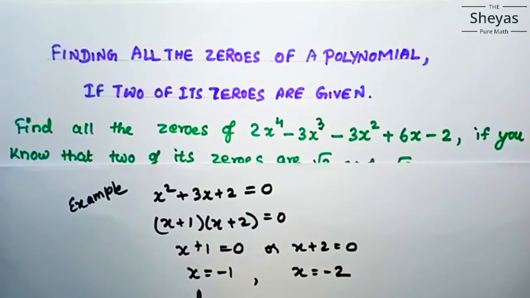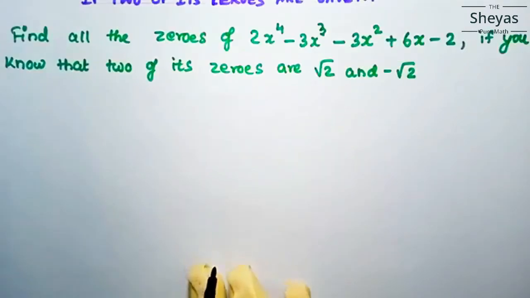Just see here, if x is equal to minus 1 and x is equal to minus 2, when we are writing as a polynomial, when we are writing as an equation, how do we have to write? If it is x is equal to minus 1, then we have to write it as x plus 1. If x is equal to minus 2, then when you are writing as a polynomial or an equation, how do you have to write? x plus 2 is equal to 0. Okay, so keep this in mind. We will be applying this in our problem.